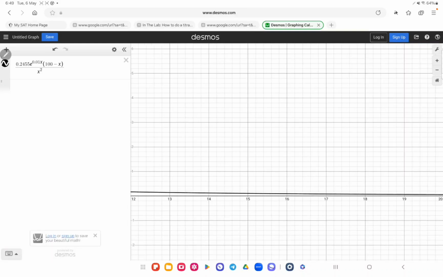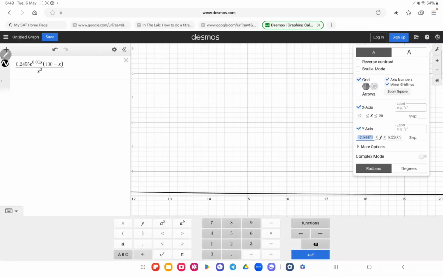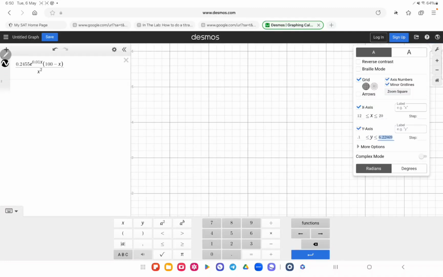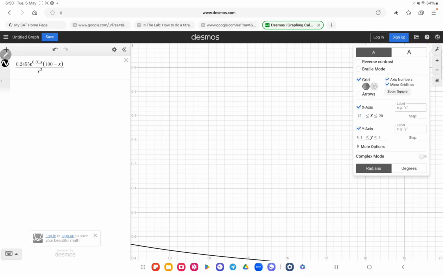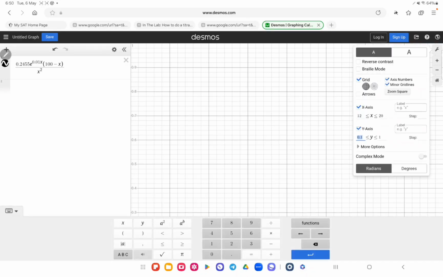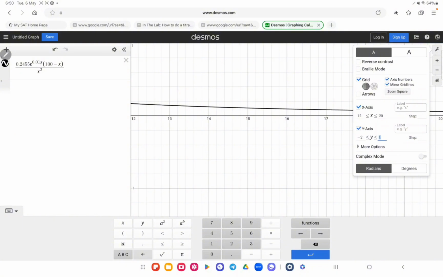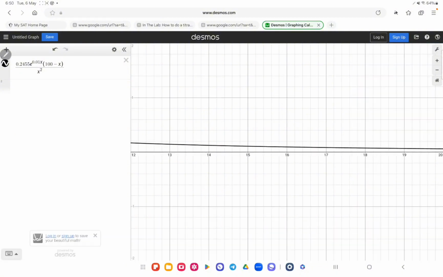And now, as you can see, my figure is a bit weird because my y is way too large. So go here again and make your y smaller. Like let's say make it -1 to maybe a 1. Or maybe make it -2. Yeah, 2 would be perfect. See? Now, what do I see in here? Is my graph above the x-axis or below the x-axis? Above. That means it's increasing. Or changing at an increasing rate,